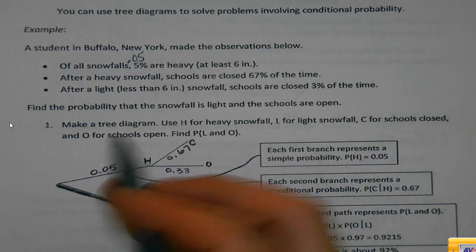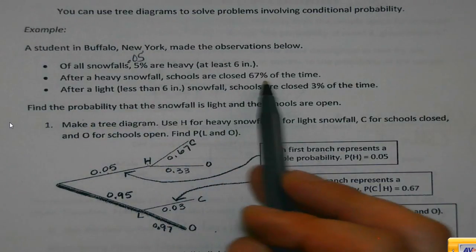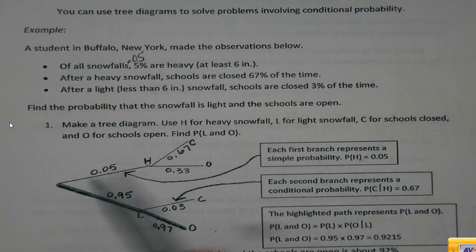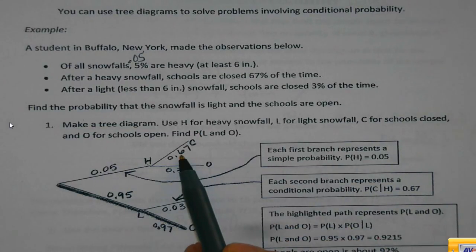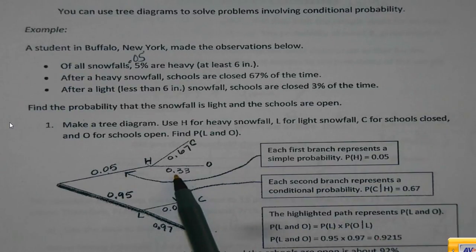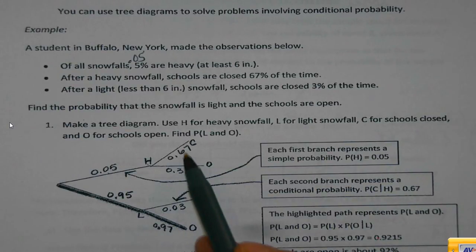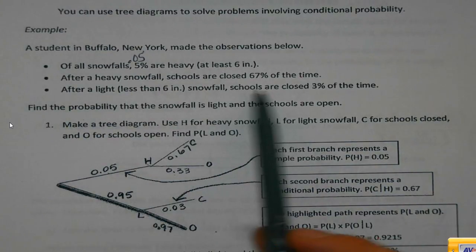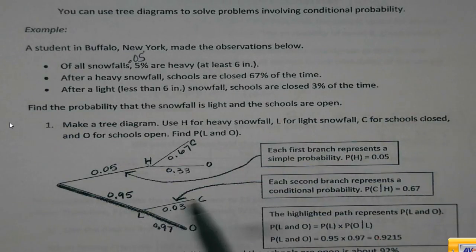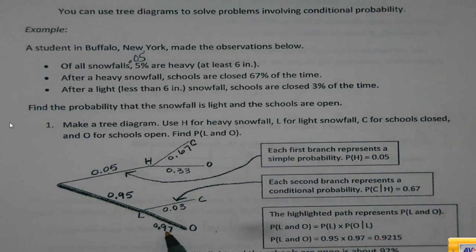So after a heavy snowfall, schools are closed 67% of the time. If it's heavy, it breaks off into closed, 0.67, or open, which is 0.33, just 1 minus the other one, because these will always add up to 1. And then after a light snowfall, schools are closed 3% of the time. Closed is 0.03. Open then would be 97 or 0.97. So once those are all on there and set,